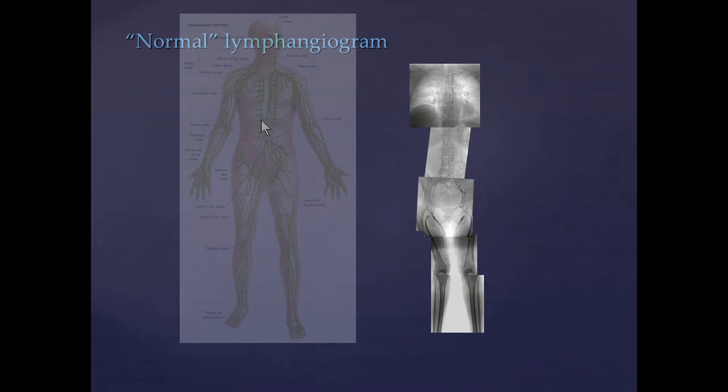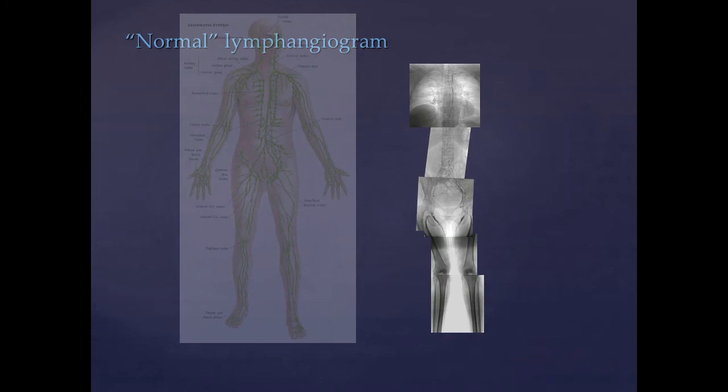In the abdomen, you'll see a nodal chain on the lateral side of the vena cava, in between the cava and the aorta, and on the outside of the aorta. And you'll see that also in the pelvic vessels as well. And the reason I point out the cartoon here is a lot of times the lymphatics are supposed to coalesce into a cisterna chyli, kind of a lagoon, a little lake